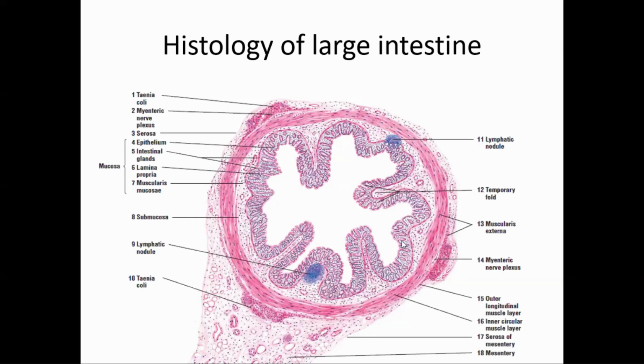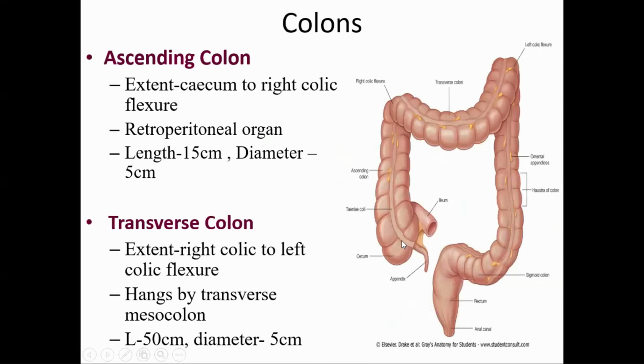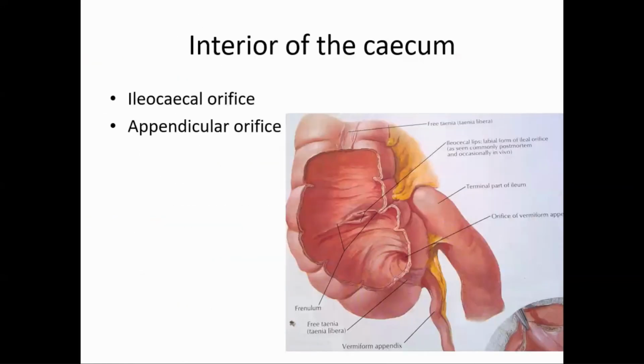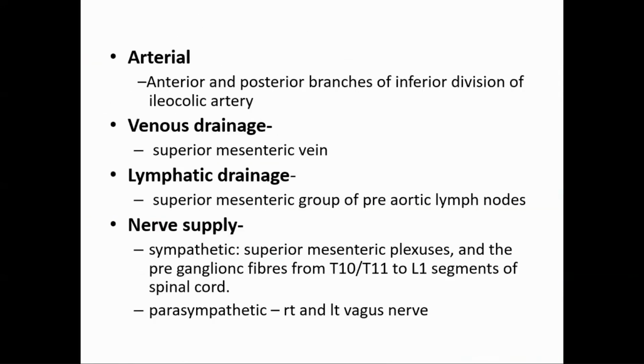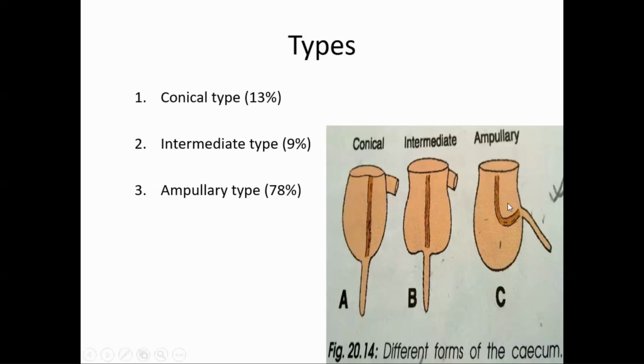See in this diagram, Sudesa, see, ampullary: the right cecal pouch is greater than the left cecal pouch, and the appendix arises from the posterior-medial wall of the cecum, 2 cm distal to the ileocolic orifice, in 78% of cases. It is an adult type, also called the adult type.